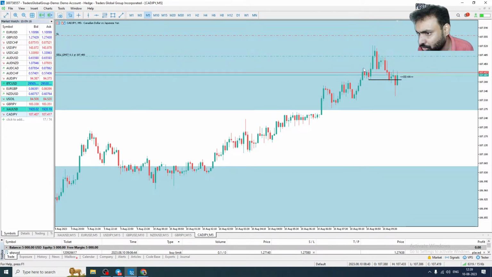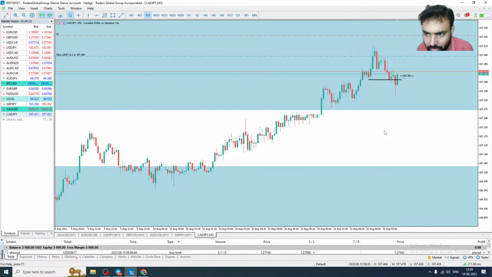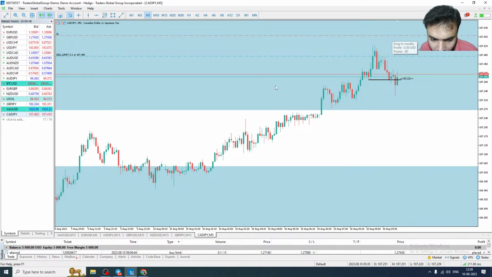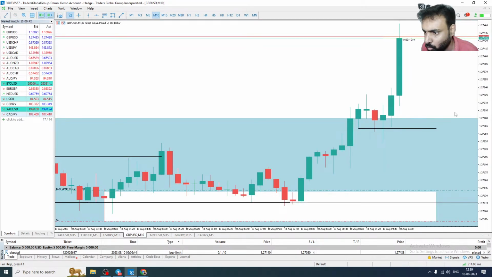Okay. So push up, push down, push up. So this low needs to be broken, or this low needs to be broken. Only then we will be looking for sell. Okay, we took this based on this, but let's see, now it's going up, right? So we want to take entry from here. If stop loss hits, we will lose $5.56.